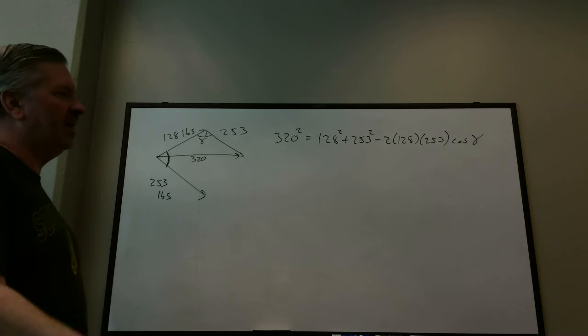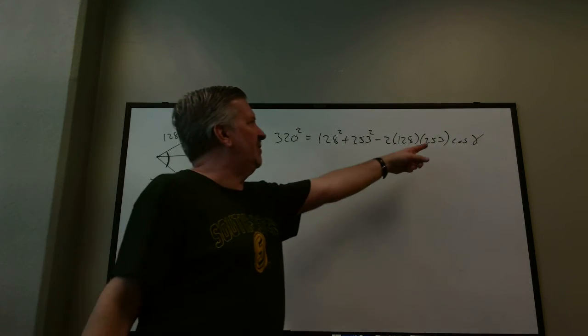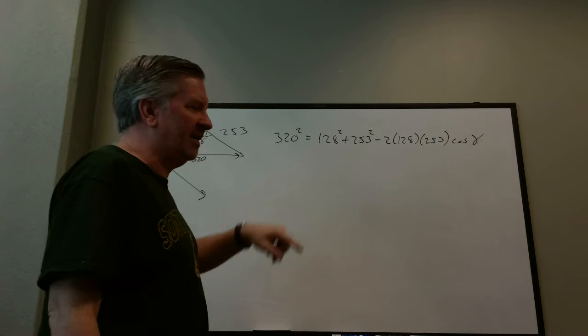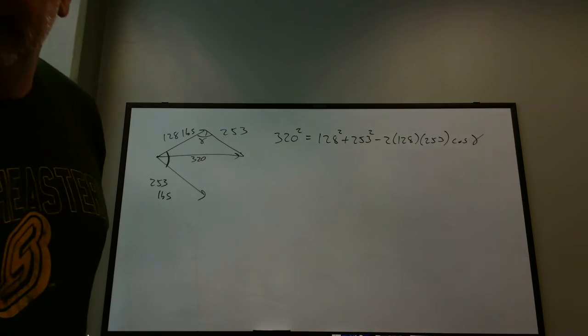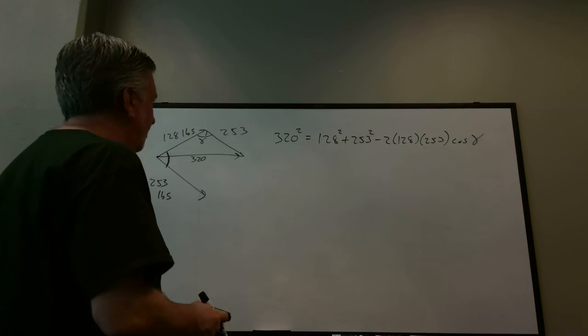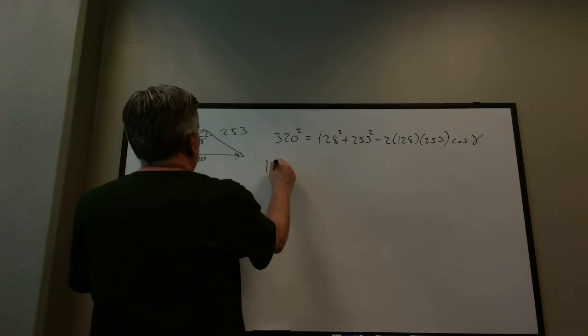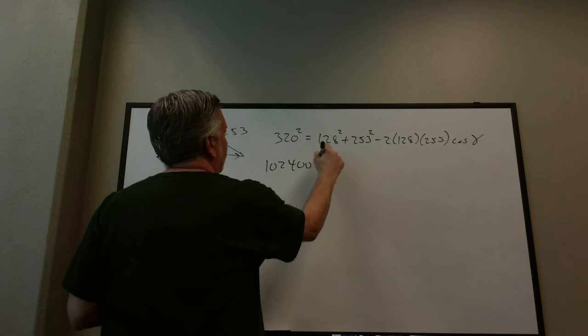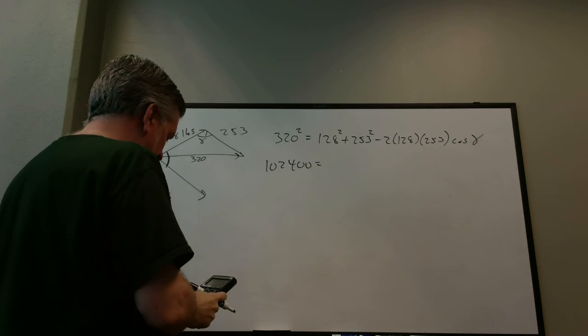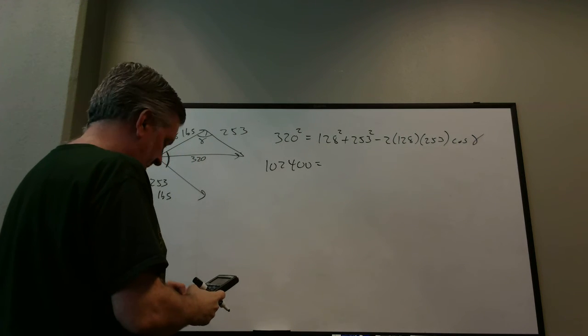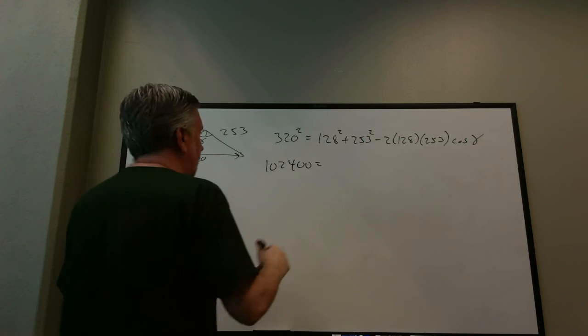Again, there is a formula in section 7.3 where they actually solve for cosine gamma, and you don't have to do the extra steps I'm going to do here, but I find it easier just to do it this way. I don't have to memorize another formula. So 320 squared, that's 102,400. Again, I'm going to add these two numbers together. 128 squared plus 253 squared is